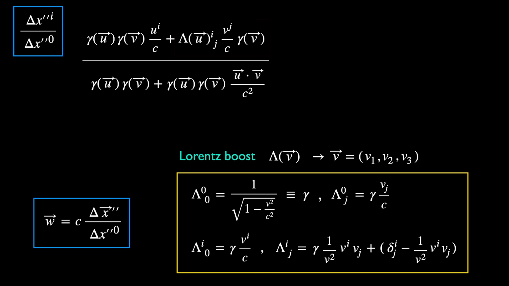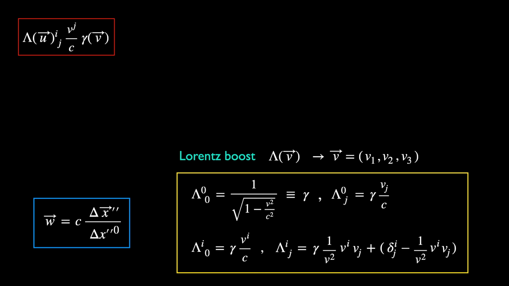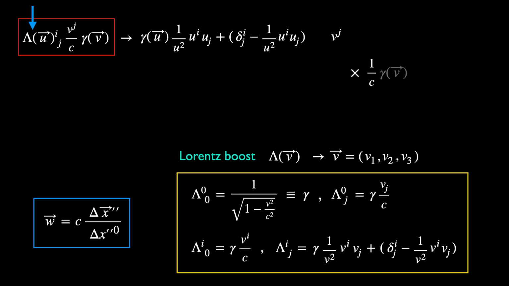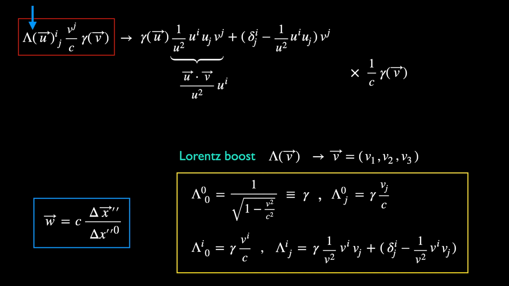Let's evaluate this term. First, let lambda ij of u act on v, then multiply by 1 over c gamma. For the first term, we have where the usual dot product for spatial components is used, and the second term